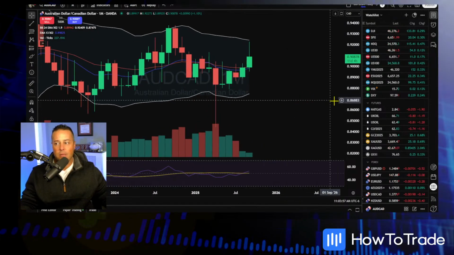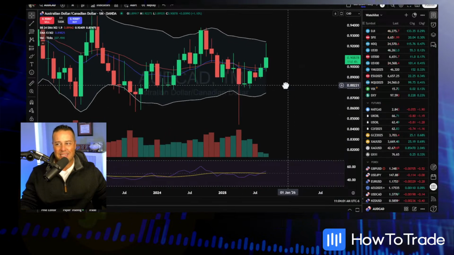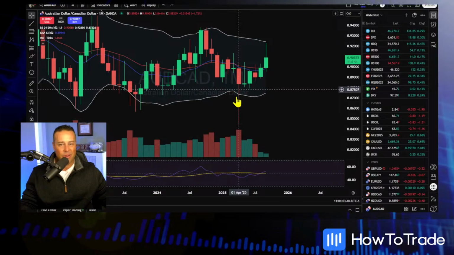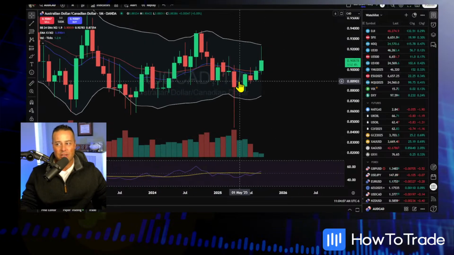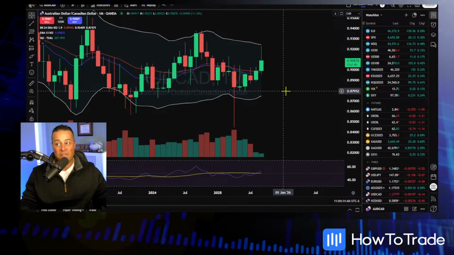Monthly chart right here. What's the monthly good for? It's good for really recognizing the macro market state. So going back to really the tariff panic of early April, now we've sort of got the grind, the accumulation. I would say the accumulation of maybe the last 2 months. This is a very tight month that we saw in August, but September's been fairly bullish, and now we're pulling back down to that area of fair value.